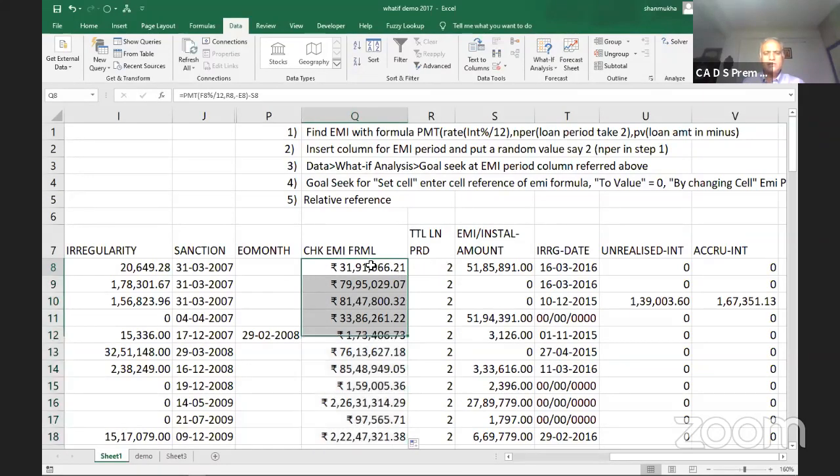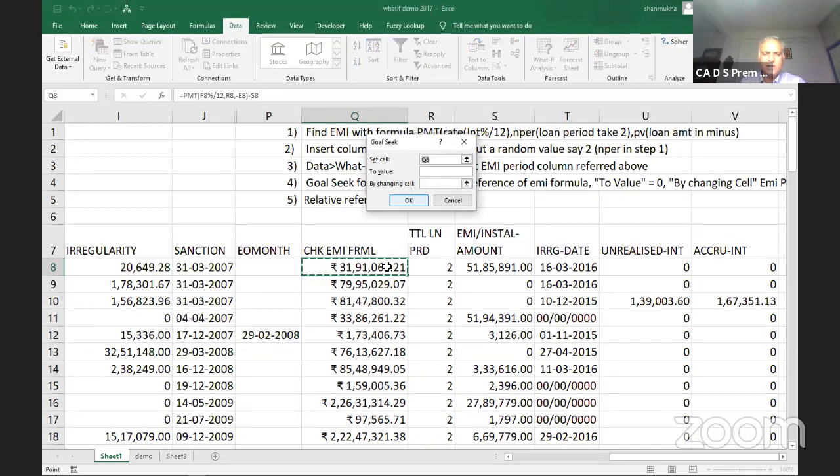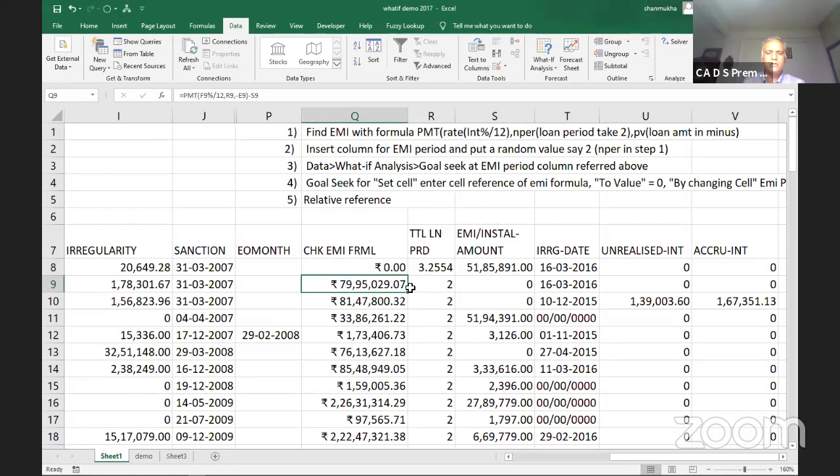Now let us find out what will be the goal seek. What if data? What if goal seek? Now I want to make this 0 by changing what? By changing the loan period. Say okay. It has made the iterations. Now I click here. So for this EMI, the loan should close in 3.25 months, because this is some special